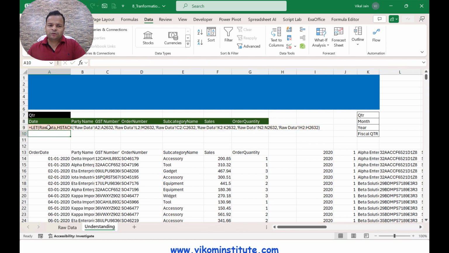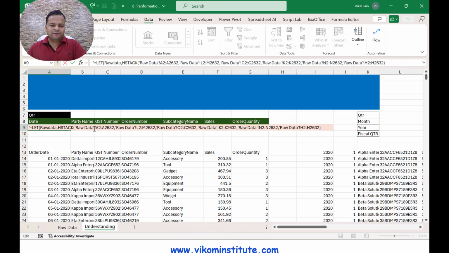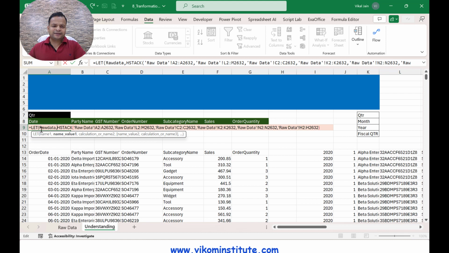Since it is asking me for the calculation for that part, I am simply taking this one as raw data. Even if you want to further segment it, you can simply take a second variable also. Let's say I am taking the date column as date. So I am going to take the raw data, this column, as your date column.